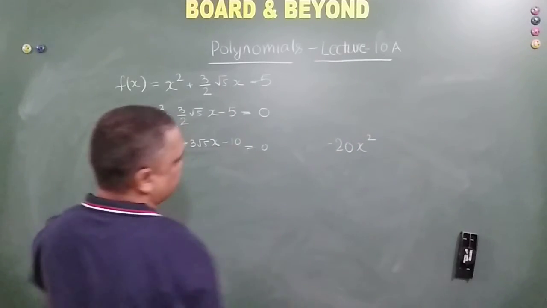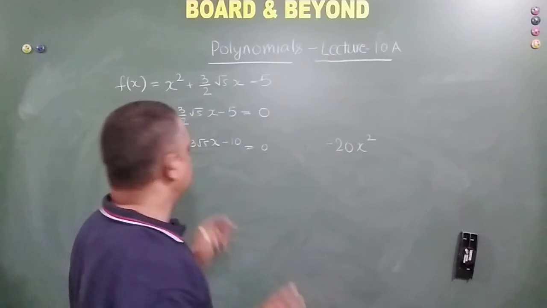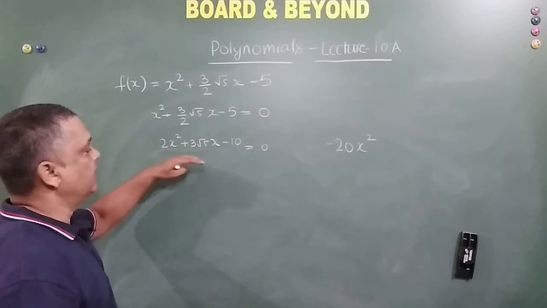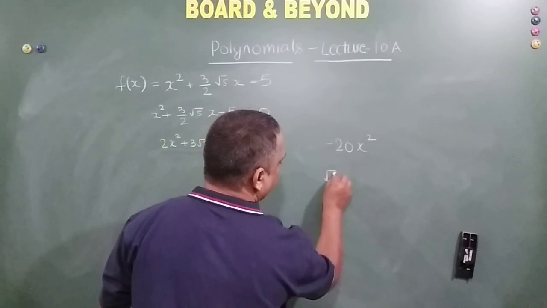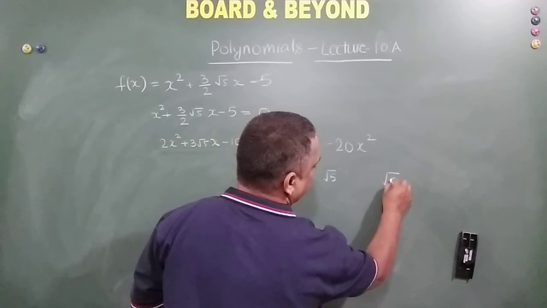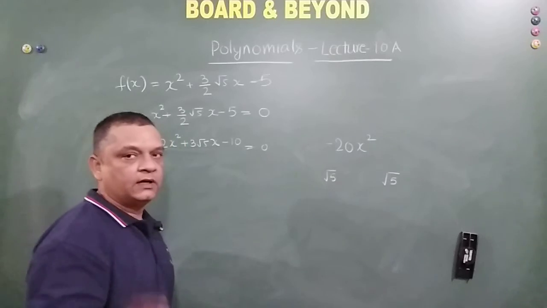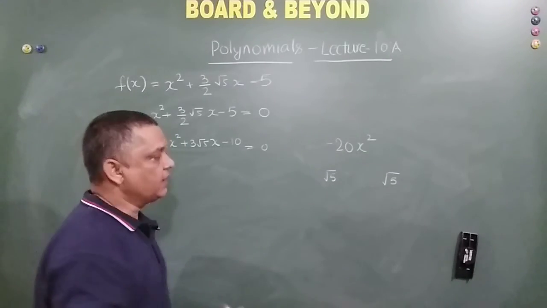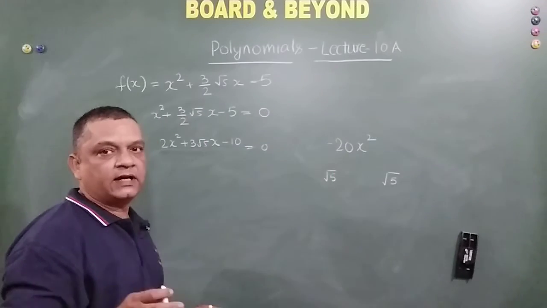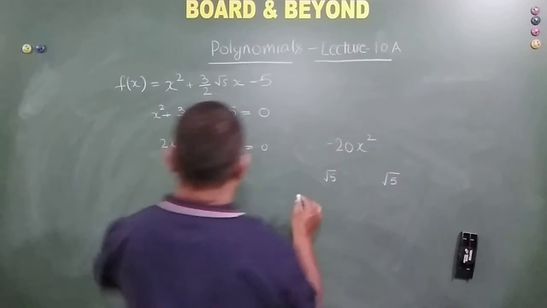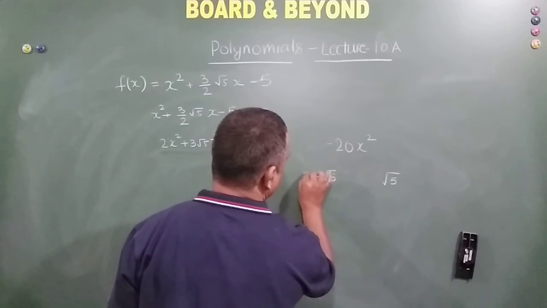Sorry, the first and the last term. Now see, minus 20x square we have to break up into two parts, so that the sum or the difference of that should be equal to 3 root 5. So what I do is that we take one root 5 this side and one root 5 this side. Root 5 into root 5 is 5, which we have already taken out. So remaining with me is 4. Now I need to break 4 into two parts such that I get 3, and 3 I get positive. So I take 4 positive and this negative.